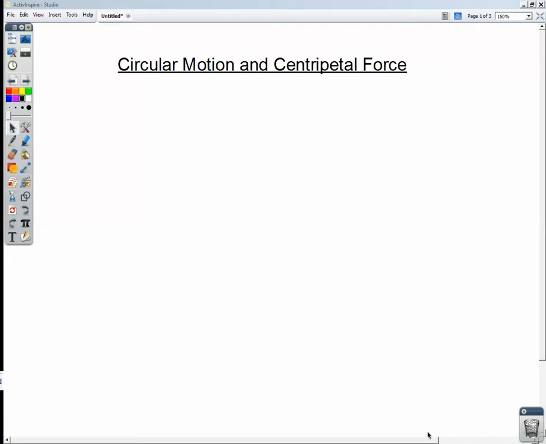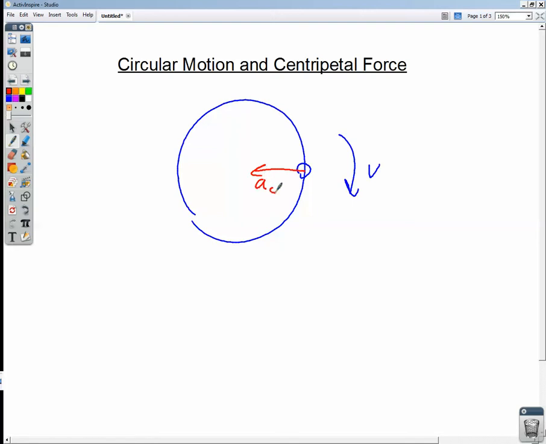Welcome. In this video we're going to take a look at circular motion and specifically the forces involved in circular motion. The force that causes something to go in a circle is called a centripetal force. And we've already seen that when something is going in a circle, let's just say we have an object here going in a nice little circle and it's got some velocity v, that's the tangential velocity, and it's got some mass m. We've already seen that it has an acceleration called a centripetal acceleration going in towards the center of